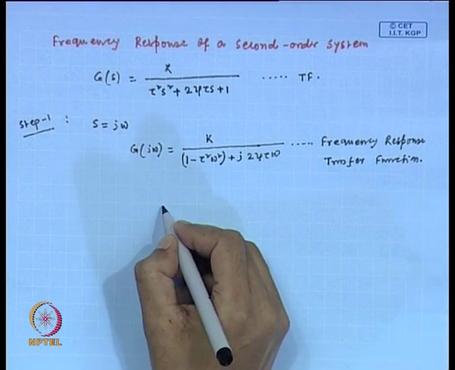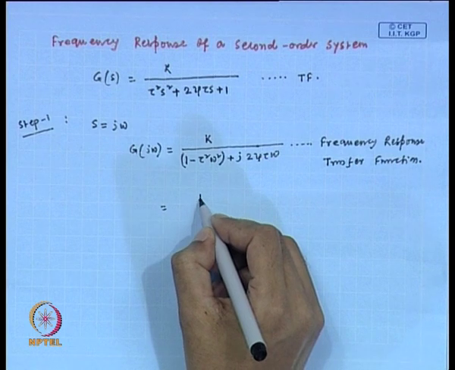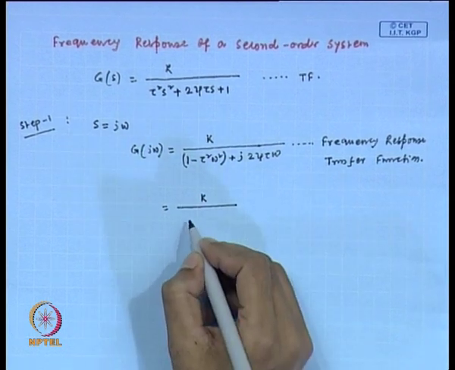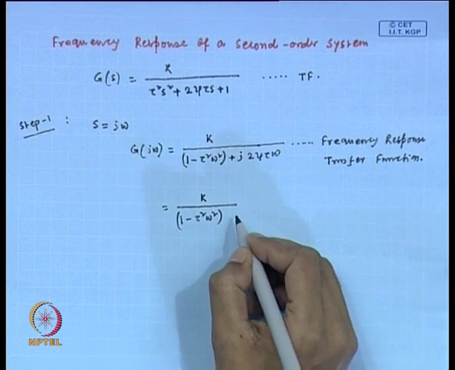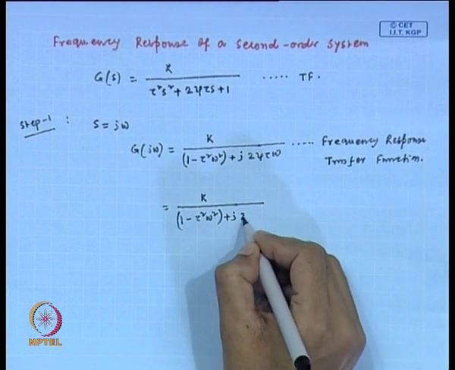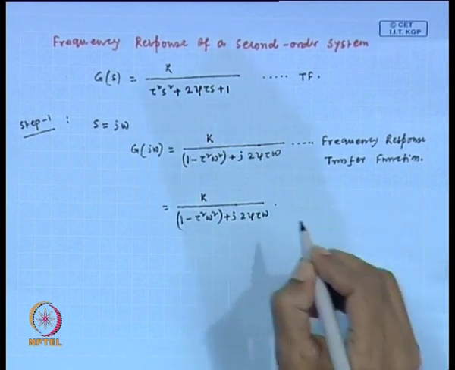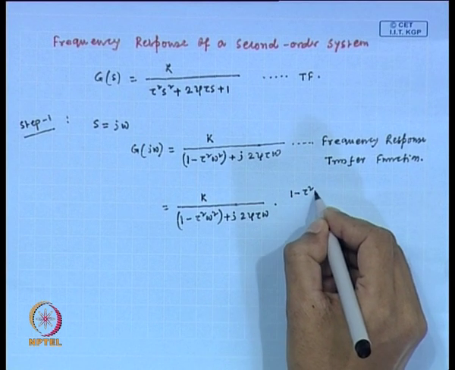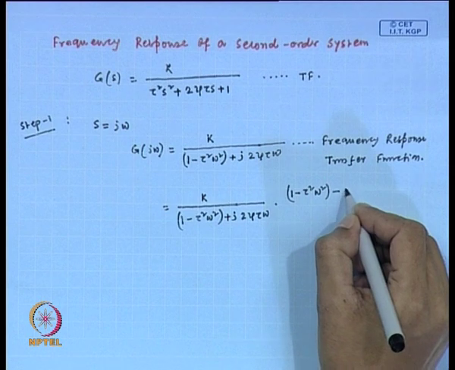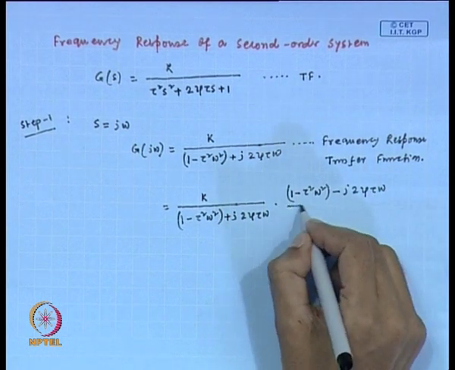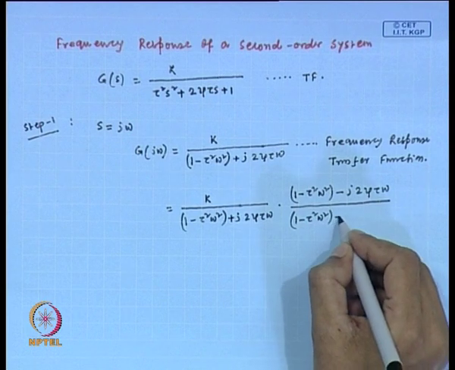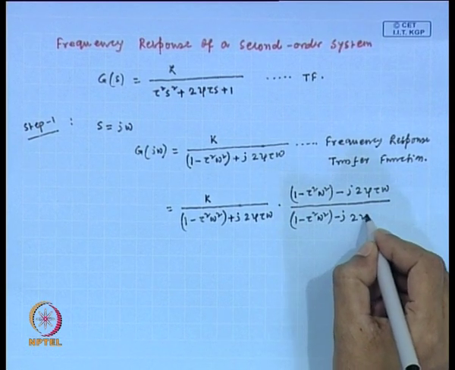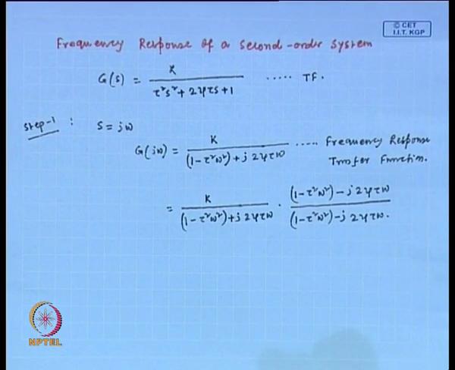Now, in the next step, we write the frequency response transfer function as k divided by 1 minus tau square omega square plus j 2 zeta tau omega, multiplied by 1 minus tau square omega square minus j 2 zeta tau omega, divided by 1 minus tau square omega square minus j 2 zeta tau omega. Rearranging this, we obtain